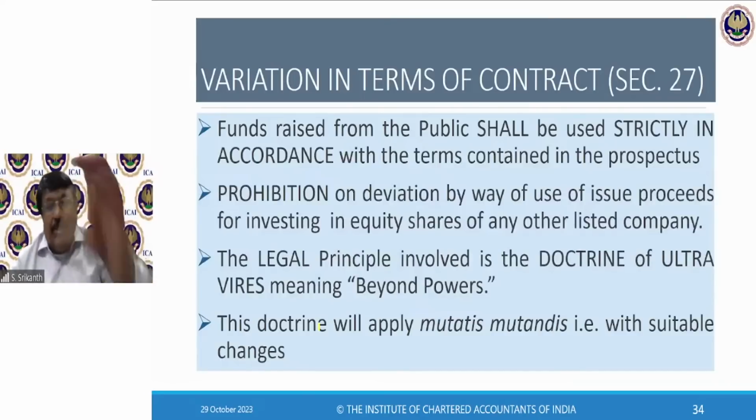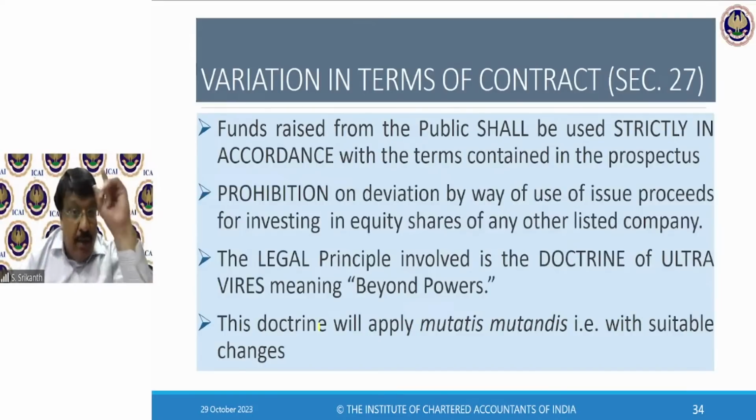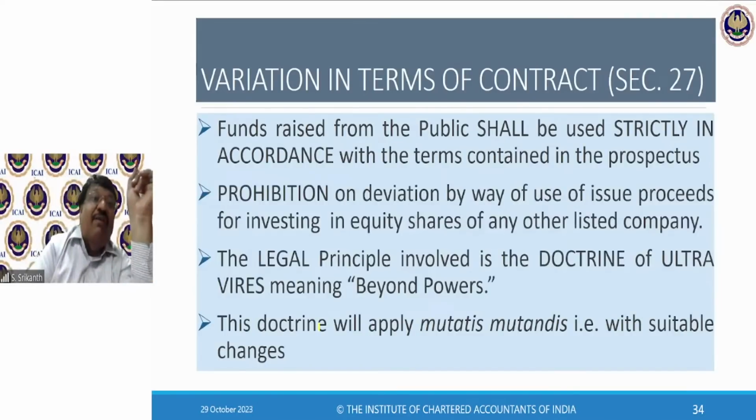We said there is a special provision. You have to pass a special resolution for that and, more importantly, if any person doesn't agree, the dissenting persons have to be given their money back. You can't buy back. The promoters or somebody should pay them, and they should be given an exit option. So what was the basis for that? At that time, we said the doctrine of ultra vires.